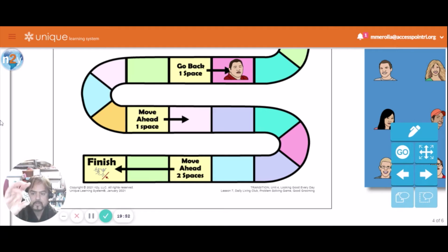Okay, let's roll our dice. Okay, I got 2 2s. So that's 1, 2, 3, 4. Okay, gonna move my mat piece 4 spaces. Now we go back to our problem solving, our scenarios.